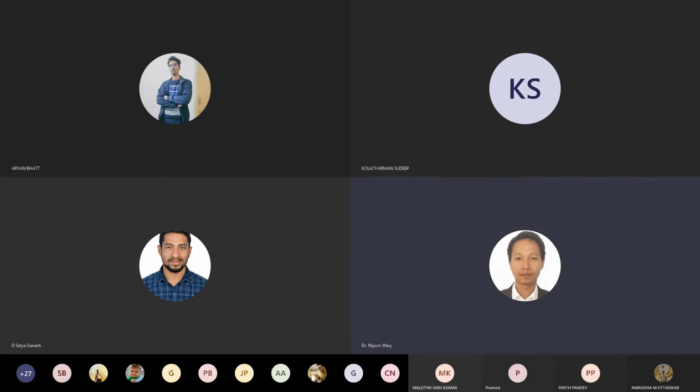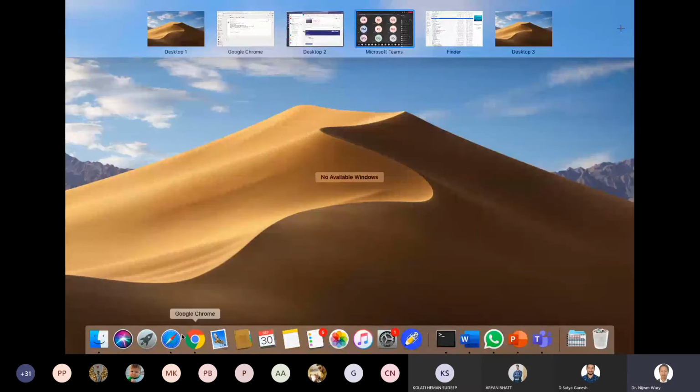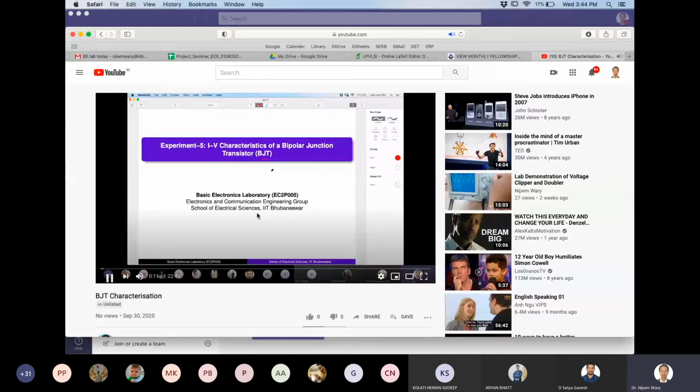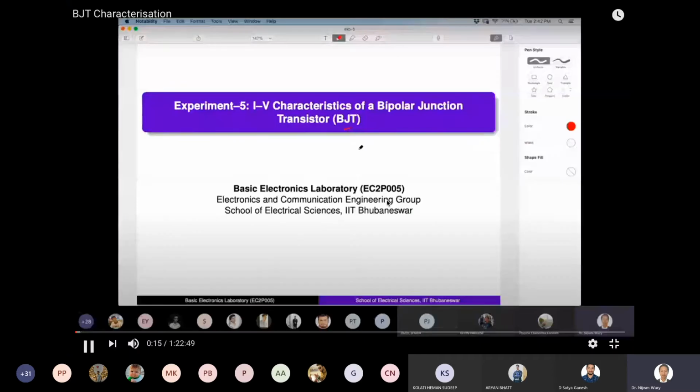So that's why the BJT also has very similar characteristics. I should say that this experiment will be easy for all of you because you are already familiar with different kinds of